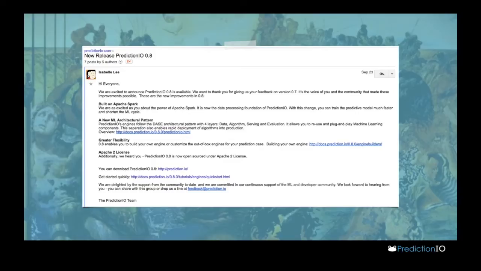We also have a concept we call the DASE architectural pattern. It stands for Data, Algorithm, Serving, and Evaluation. What that allows is a lot more flexibility in building custom engines for your specific application. The other thing that we announced is that we've moved away from the AGPL license, and we're now 100% Apache 2.